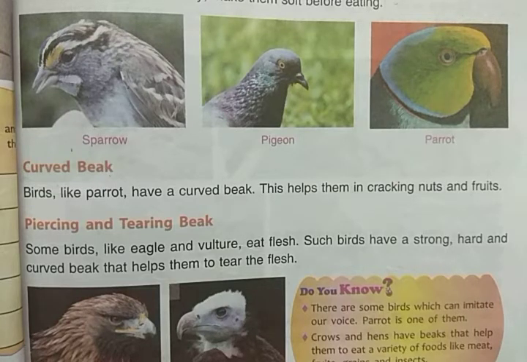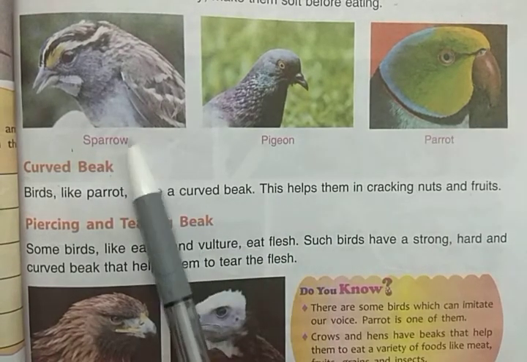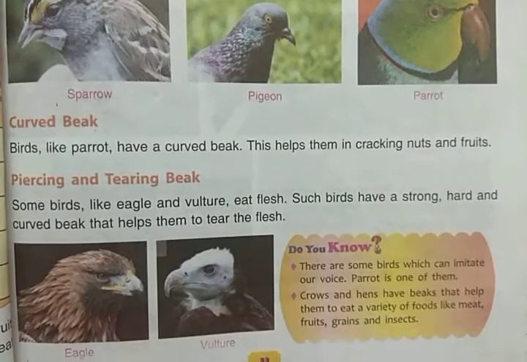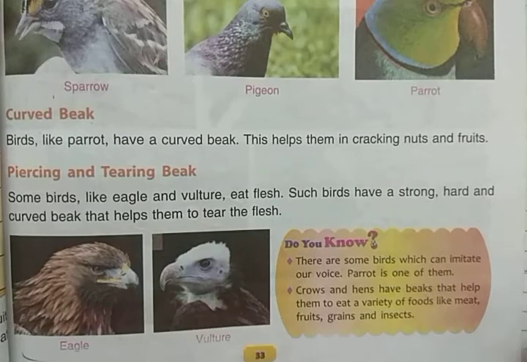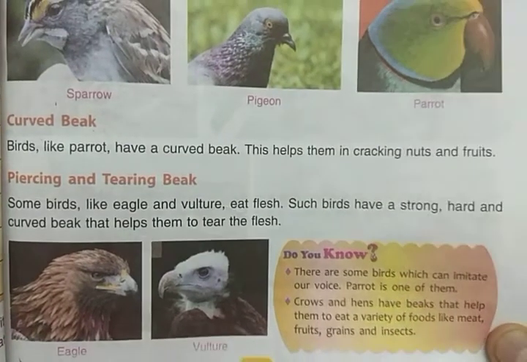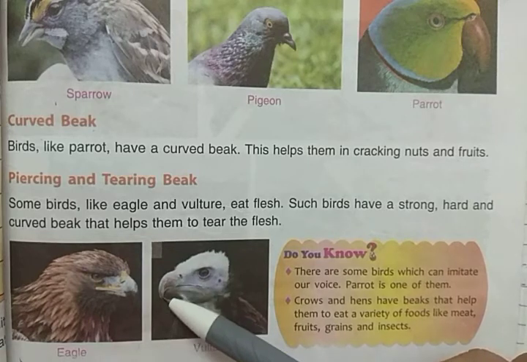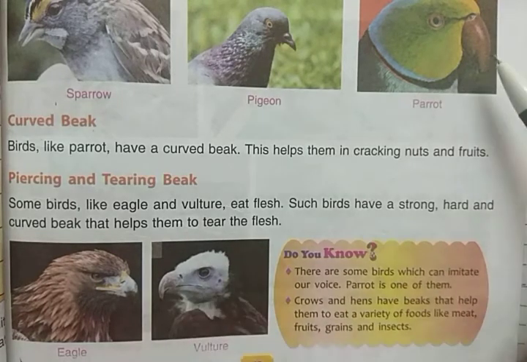ईगल अपना शिकार करके खाता है, फ्लैश खाता है, रैट्स को खाता है, माउस को खाता है, स्नेक्स को भी खाता है। तो ये फ्लैश खाते हैं, और ये स्पैरो, बर्ड्स एंड पैरट की तरह ग्रेन्स, नट्स, फ्रूट्स नहीं खाते। ये फ्लैश खाते हैं, दे ईट फ्लैश। सो फ्लैश खाने के लिए उनको स्ट्रॉन्ग, हार्ड एंड यू कैन सी हियर कर्व्ड बीक है। बट देयर इज अ डिफरेंस बिटवीन